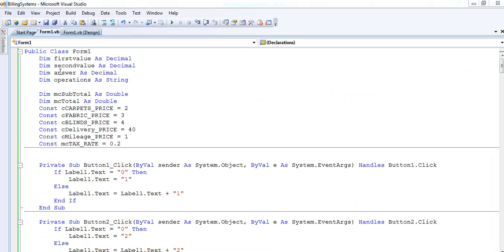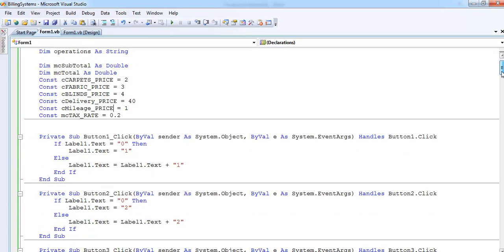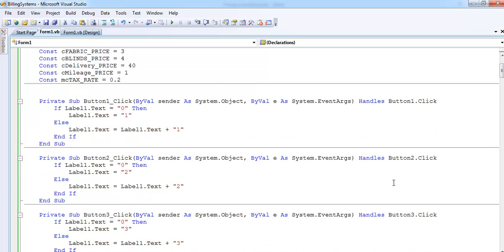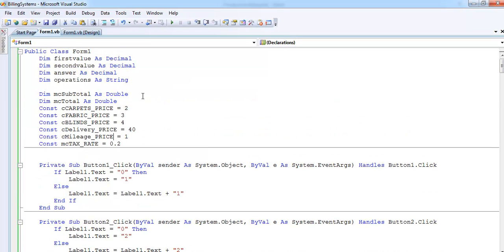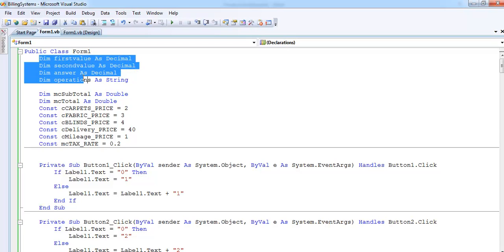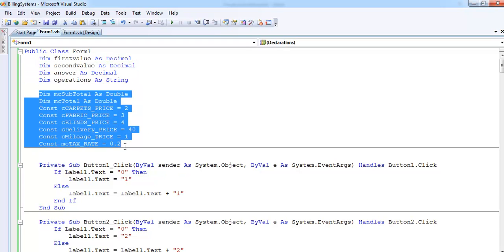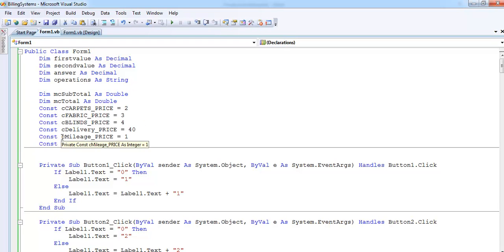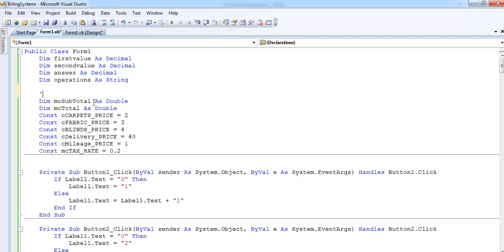Alright folks, this is how the program is looking right now. Those are the lines of code that we use in the development. So let me just scroll down so that you guys can see the very first part of it right there. That's the global variable declared for the calculator, and these other declarations right here, the declared variables and the constant, those are for the online system. So I might as well just comment that out,